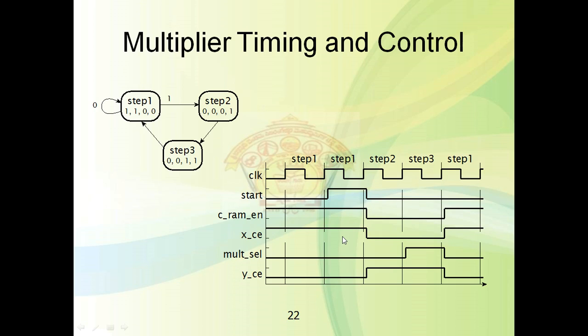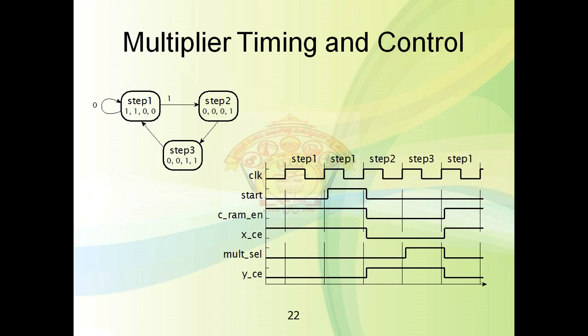Okay, so in step 1 what it will do, index value stored into SRAM address. Okay, so index value stored into the SRAM address, that will be selected. Okay, and input X, both values are selected and it will be multiplied. Okay, so input value X and index value, that will be multiplied and it will be stored into the input register.